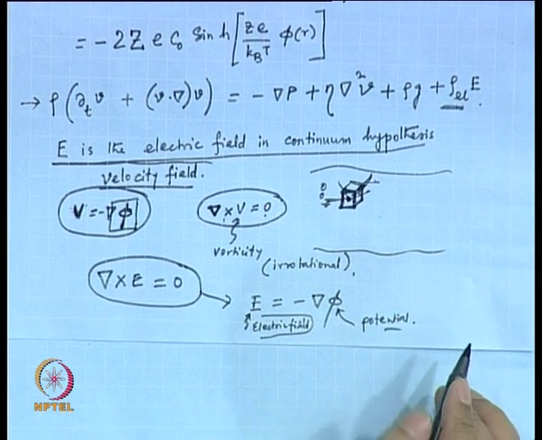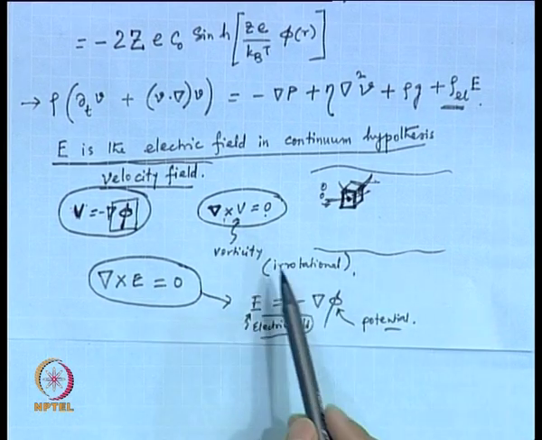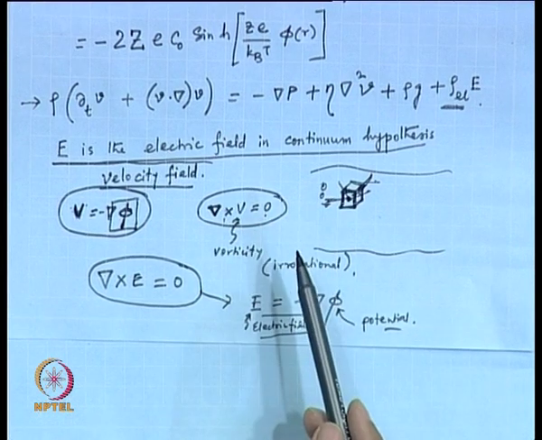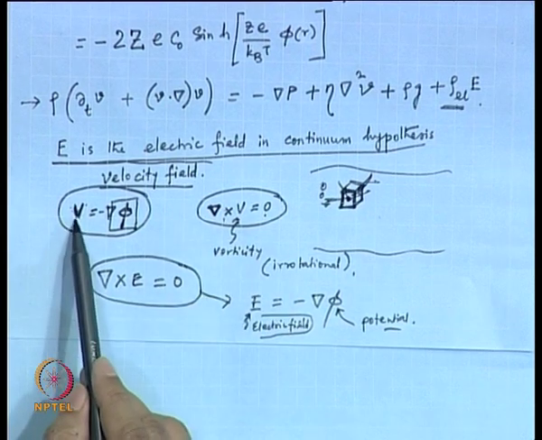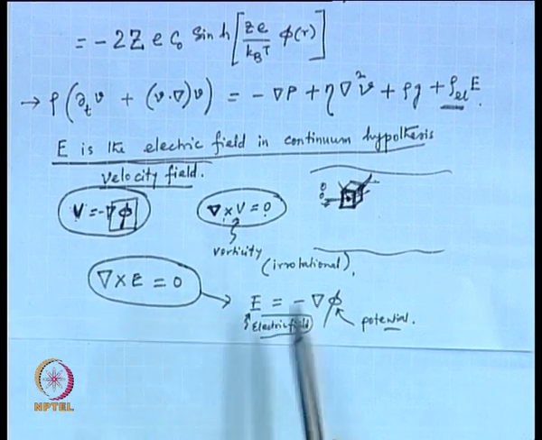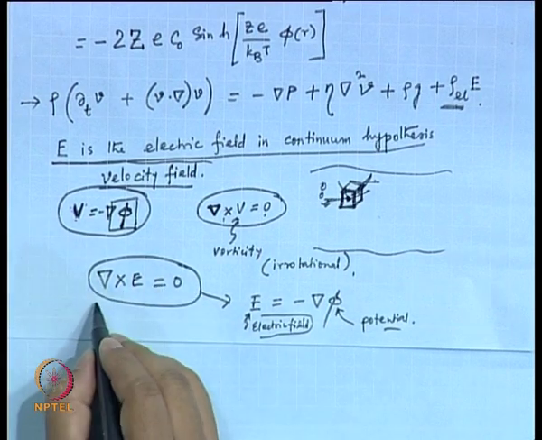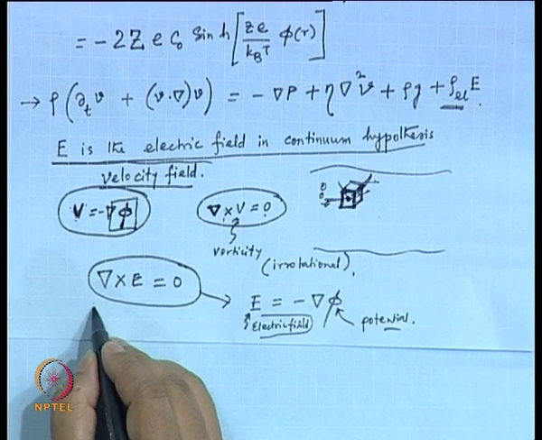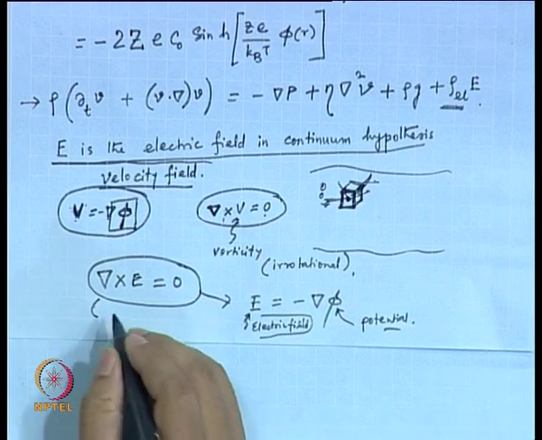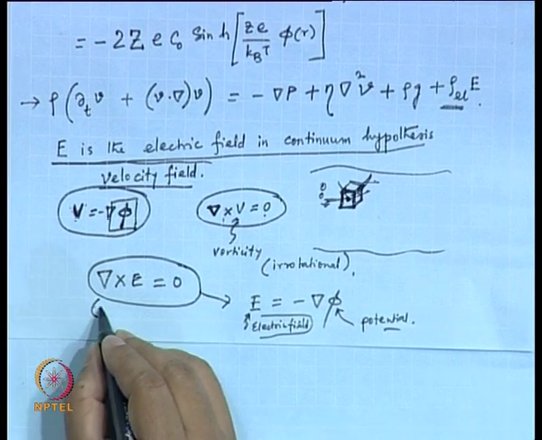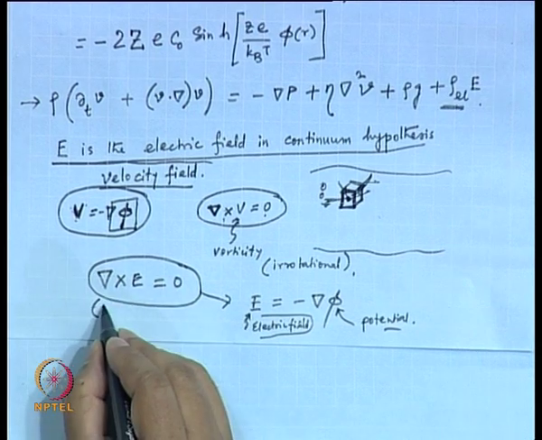All right. So, just like we had for velocity, we had a similar criterion that if del cross V is equal to 0, then the flow is irrotational, and so you can define a velocity field V equal to minus delta phi. By the same token, if del cross E is equal to 0, in the context of the electric field, physicists who work with electric fields call this the absence of a changing magnetic field. So, del cross E equal to 0 means